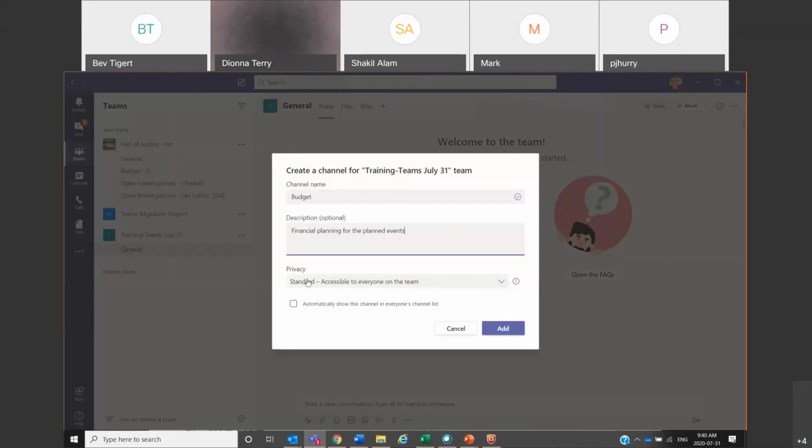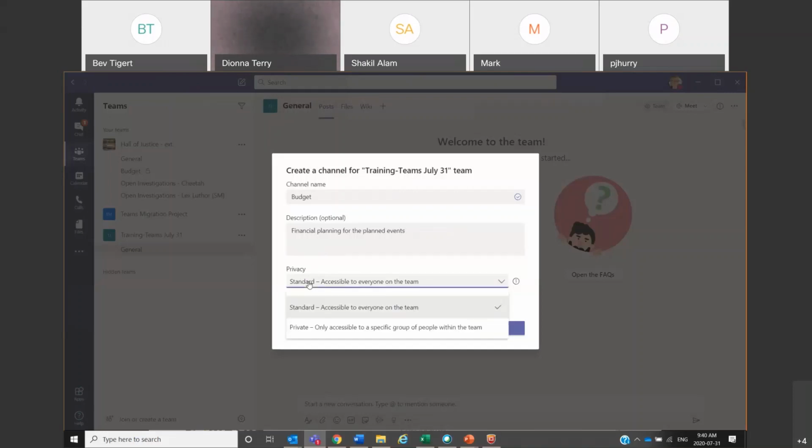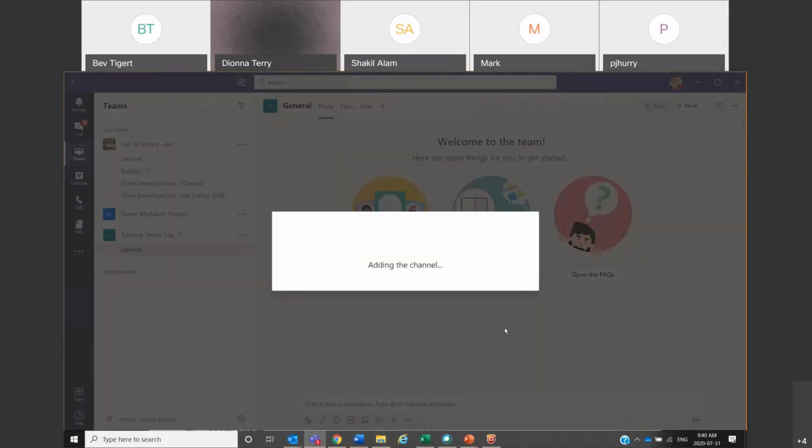And then this is the area where you are keeping it standard, which means accessible to everybody, or if I just click on it, making it private, only accessible to a specific group within that team. So I'm going to put this one as private. Okay, and I'm going to go next.